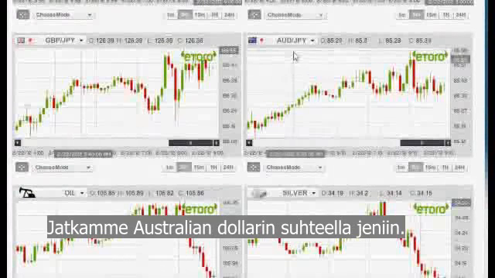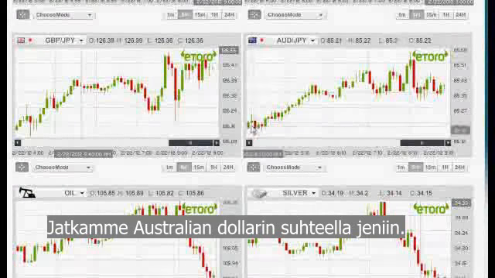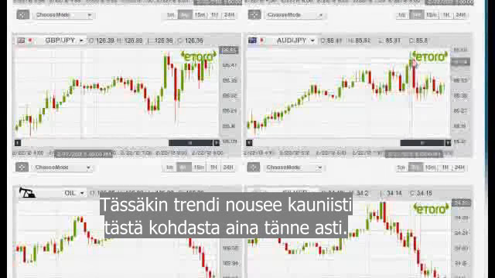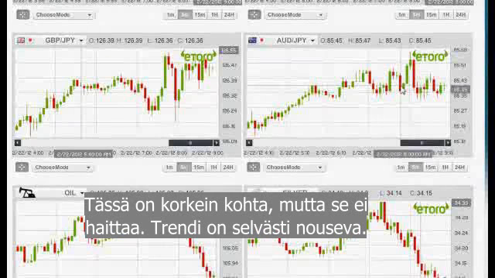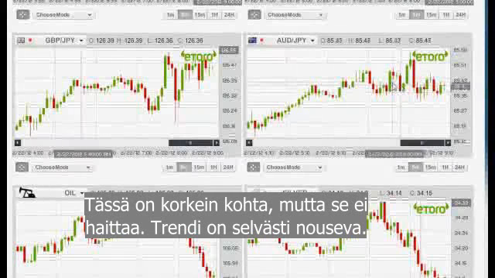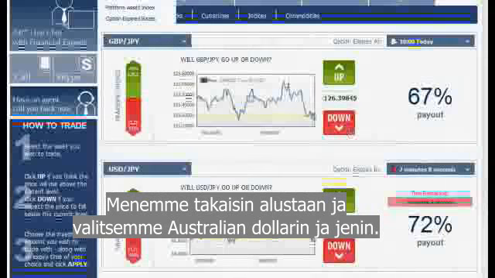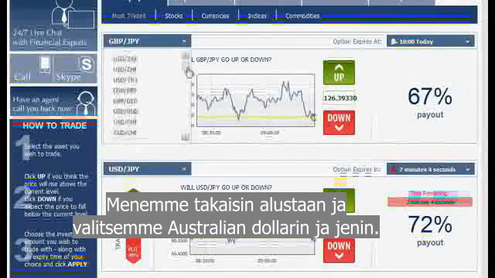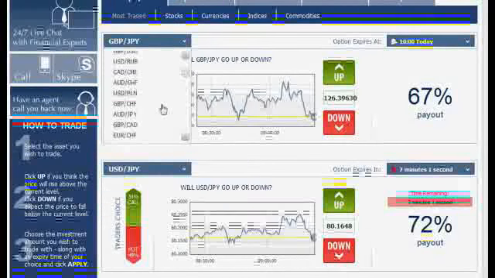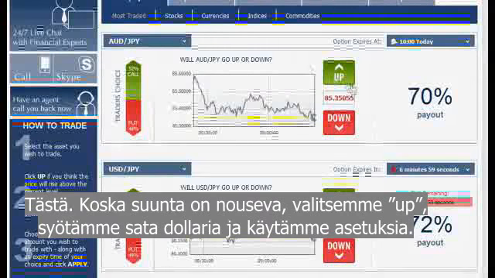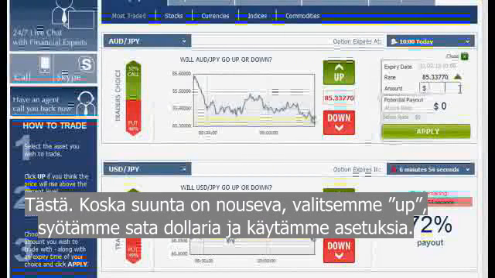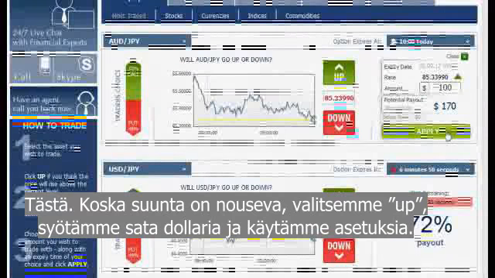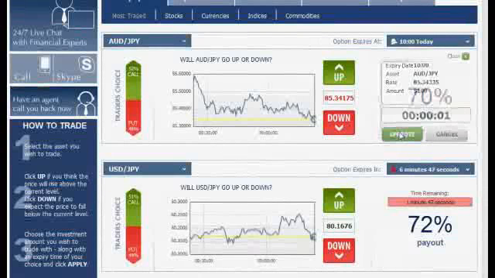We continue on to the AUD versus the Japanese yen. This as well is a beautiful upwards going trend line going from this point all the way up here. It has its dip here, but it's okay. It's clarified as an upwards going trend. We go back to the platform, choose the AUD versus the Japanese yen right here. Since it's going up, we click up, enter $100 and apply. We approve the option